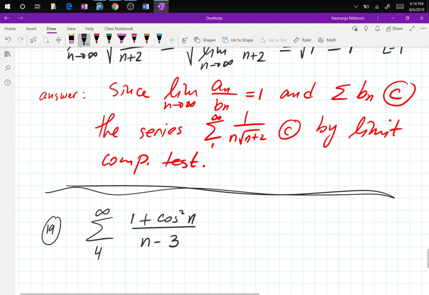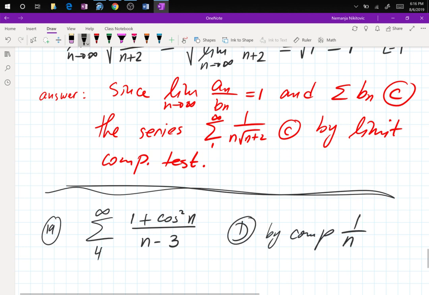Why? We said the cosine doesn't matter. It's the only thing you can actually completely erase and the problem is still the same. Why? Harmonic series, 1 over n. Very good. Diverge by